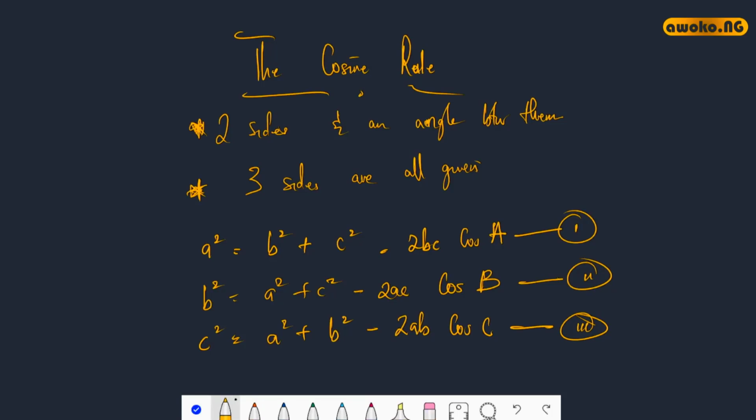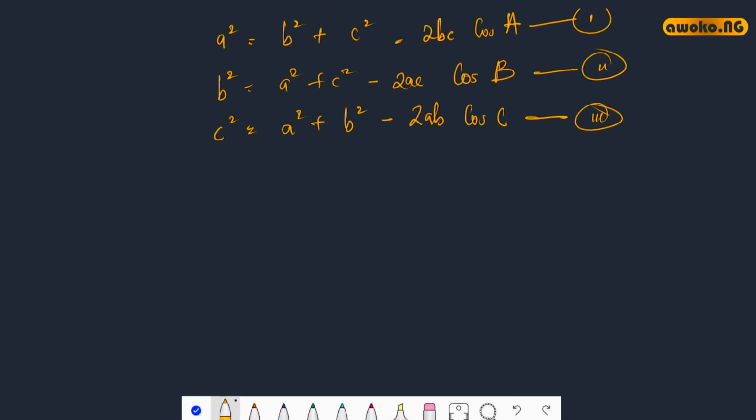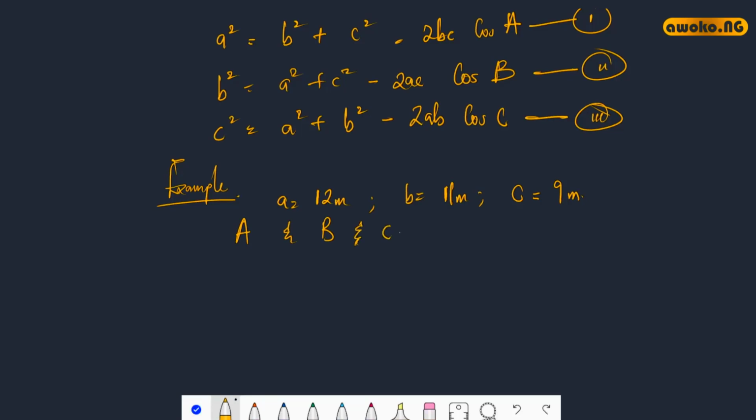Now let us consider an example to show the application of the cosine rule. Consider that we are asked to find the angles of the triangle with the following sides: A equals 12 meters, B equals 11 meters, and C equals 9 meters. Now the three sides are given, so we are asked to find the angles A, B, and C. From equation 1,